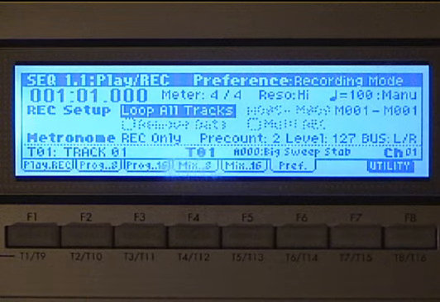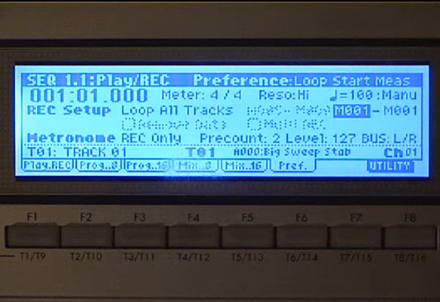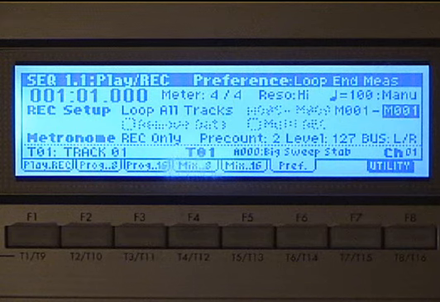Also, you have a loop all tracks function. If you go to loop all tracks, this is sort of a way to set up a multi-record, and it's going to set up a range for where you want it to loop. It's default measure 1 to measure 1. Sometimes you might have that set up to like measure 2 or measure 4 and set up a short range there. This is a real handy way to